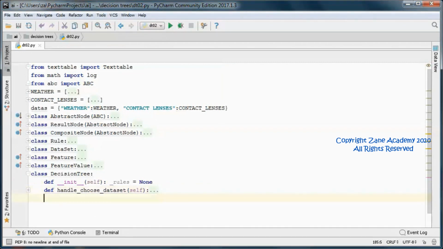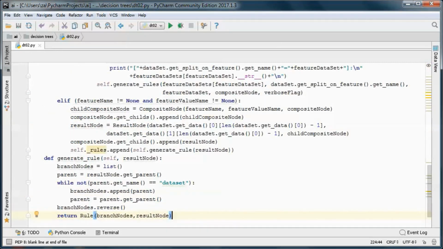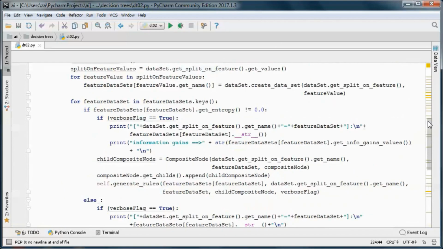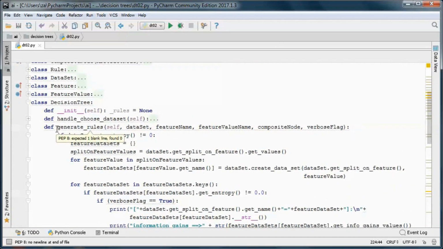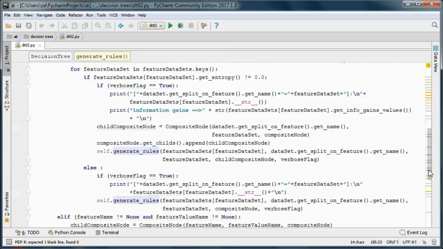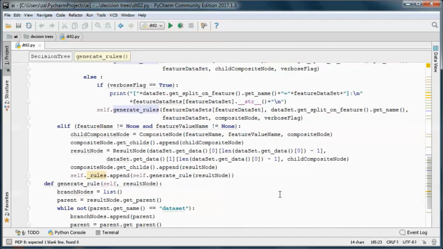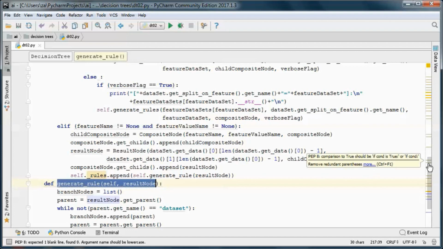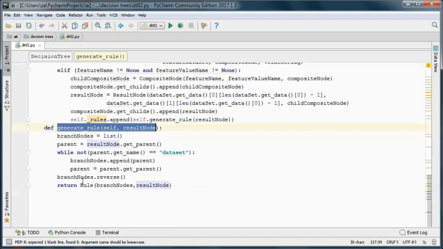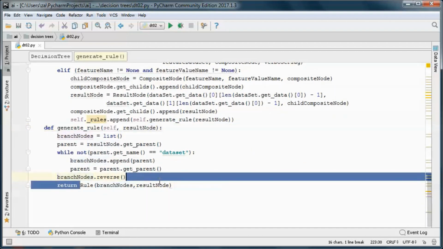And this method handles generating the decision rules, and it ends up calling the generate rule method that generates and returns each one of the rules.